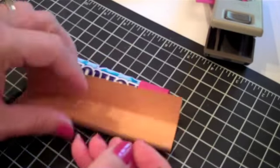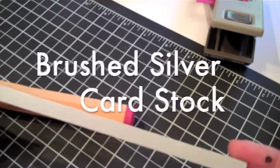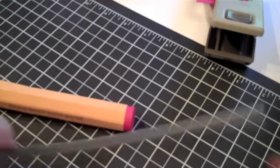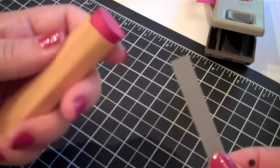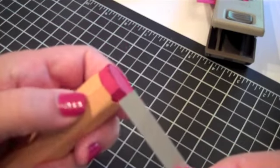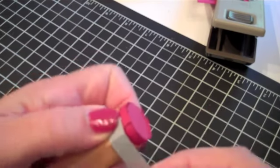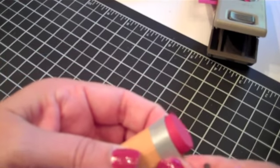so that it'll wrap around the pencil. Then I have a piece of brushed silver cardstock that I'm going to use for the little band around the eraser. I just cut this about 3/8 of an inch wide. And again, you sort of want to line up those seams. We're just going to put that around the band so that it looks a little bit more like